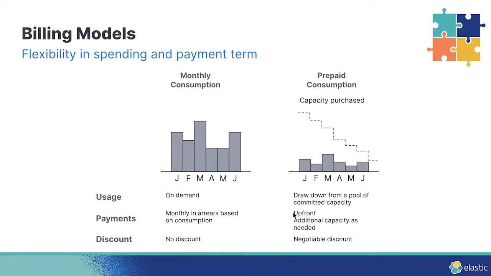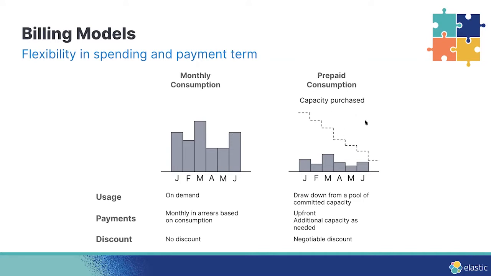The last thing that I want to cover before we switch over to a demo and look at how these things actually reflect in the UI and in the statements that we have is the billing model. So obviously, when consumption comes to mind, monthly consumption or on-demand consumption is the first one that is thought of. And that is basically you're consuming and then paying an amount according to your consumption over time. You're going to get invoiced every month, and your bill is going to vary according to your usage with no discount. And that's a model that we offer today and have offered for a while.